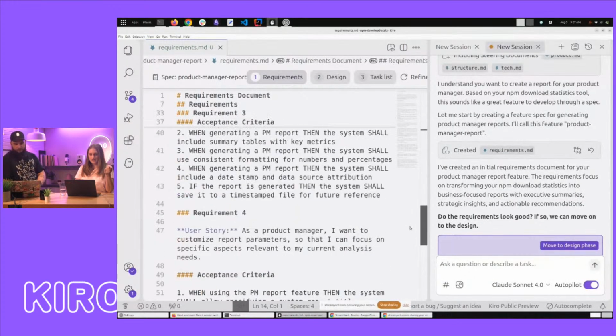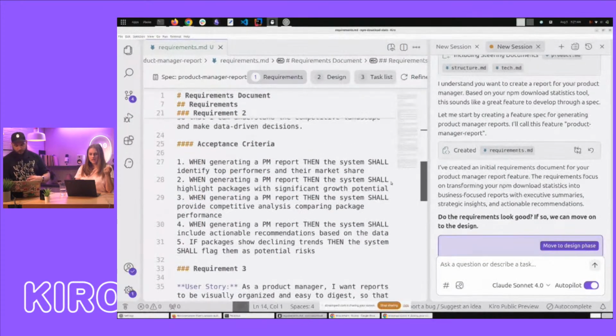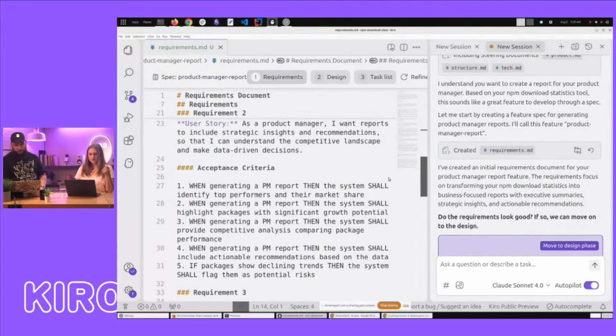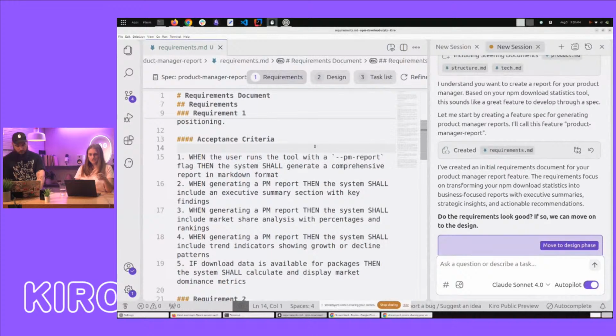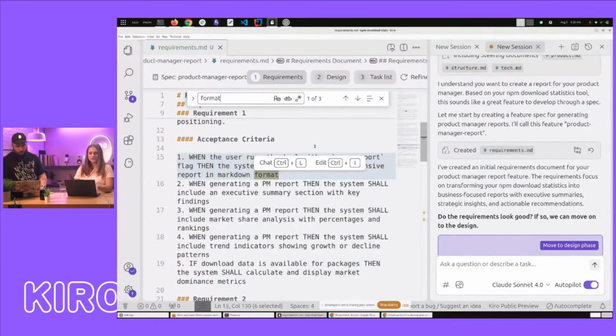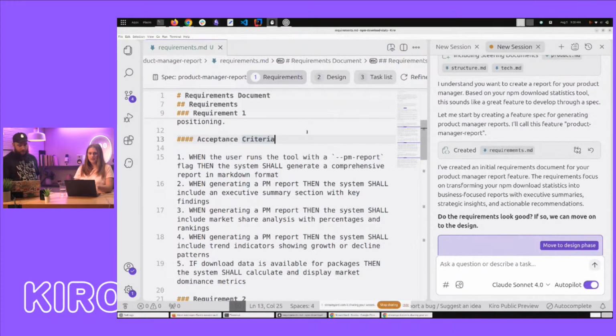One of the things that I don't see here is the format of the report itself. Let's just search if it did a markdown format. No, we don't want that. I mean, unless the product manager is using Obsidian. Sure, right? Maybe. How are they going to see it?